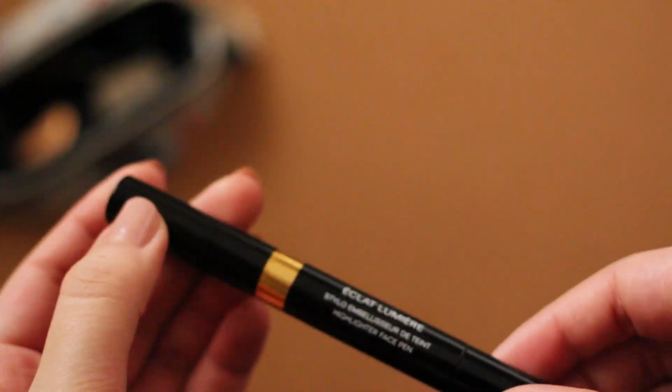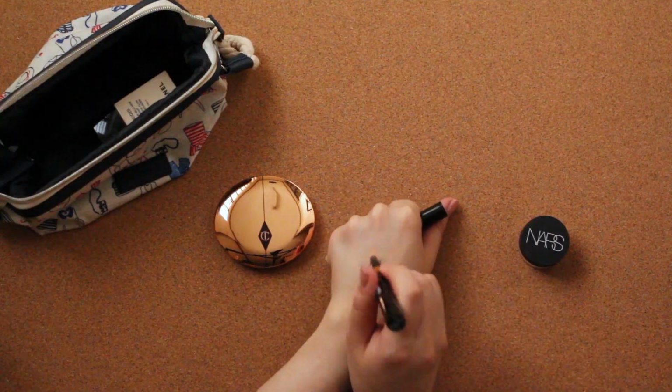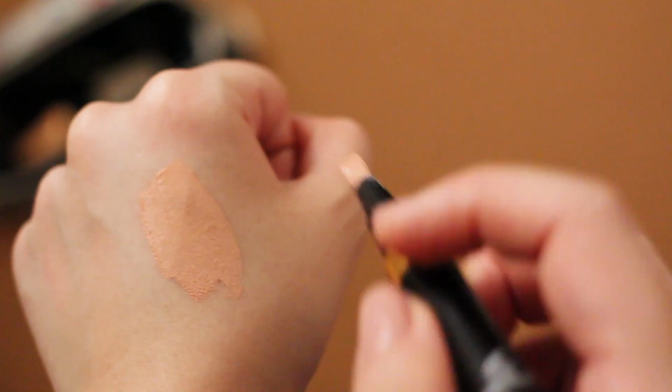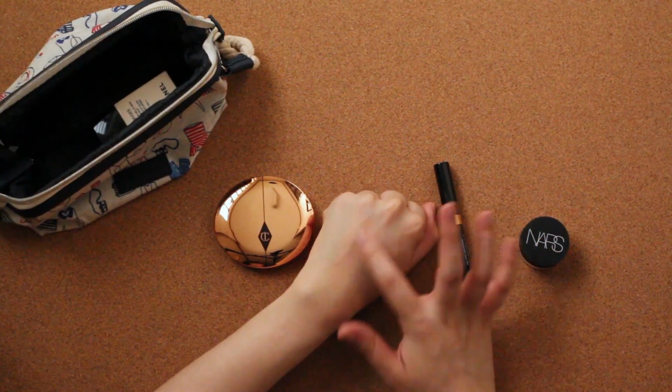On days when I lack sleep, my under eyes can get pretty dark, so I use Chanel's Éclat Lumière to brighten my under eyes. I chose a pinkier salmon color to correct the dark bluish rings I tend to sport on days when I haven't been sleeping enough. This is another one of those just-in-case items where I use only if I still look haggard even after the